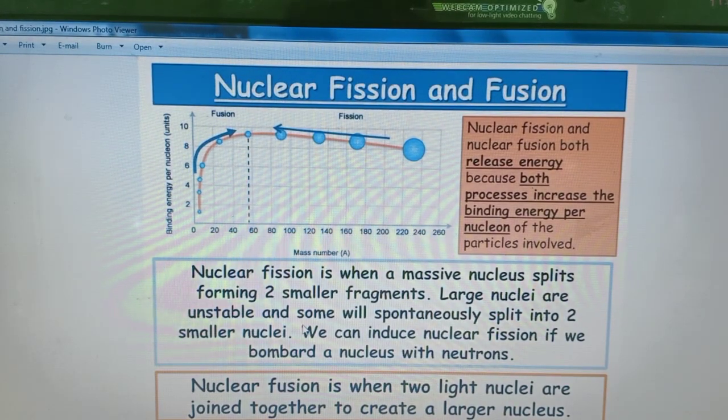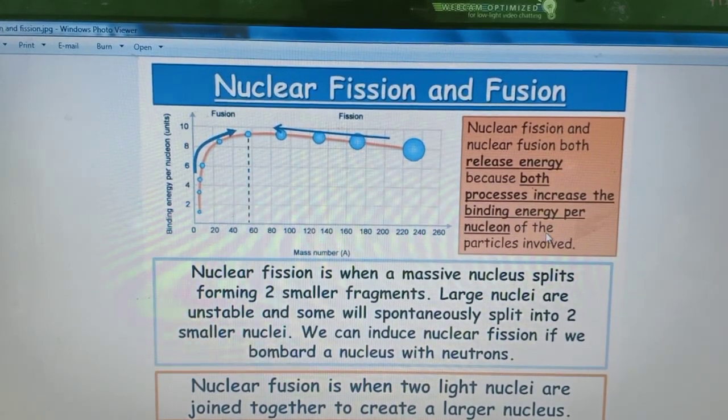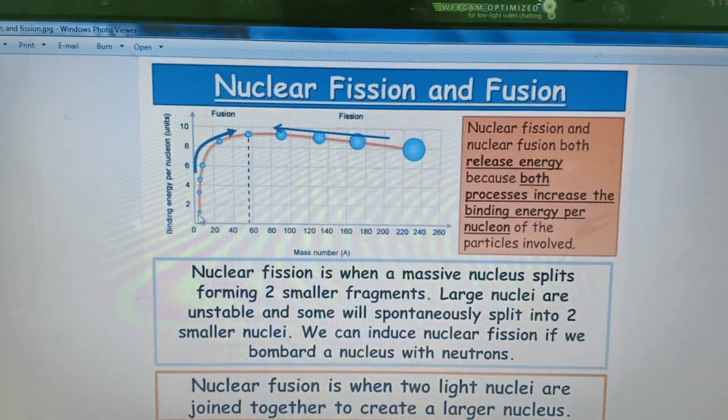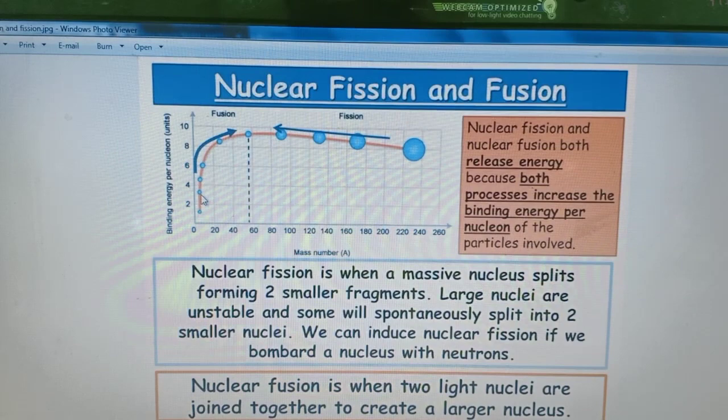Nuclear fission and nuclear fusion both release energy because both processes increase the binding energy per nucleon of the particles involved. For example, this hydrogen nucleus gathers with another hydrogen nucleus, and the result of the nuclear reaction will be